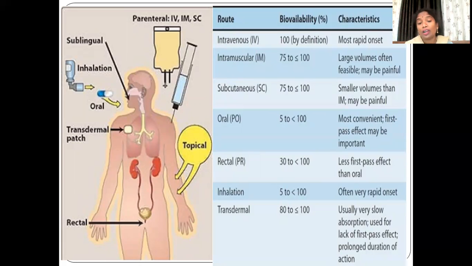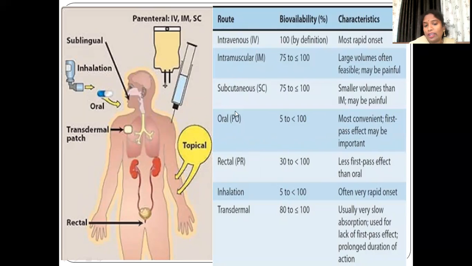Subcutaneous is also the same. And for oral administration, it may be 5% to 100%, meaning sometimes it won't show any action, otherwise 100% is available, or as little as 5%. How much of the drug is available within the systemic circulation depends upon the dose, how you design the dosage form, how it releases the drug, and mainly the type of the drug. It is more convenient, and we can also withdraw the drug.